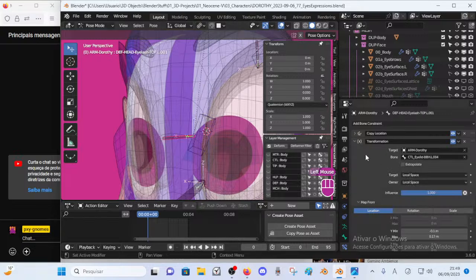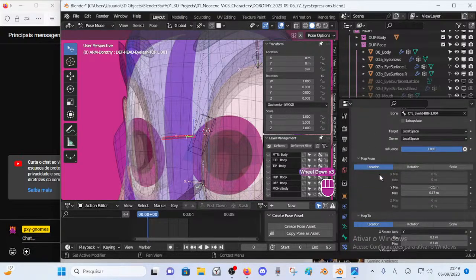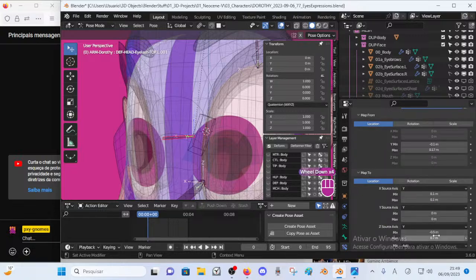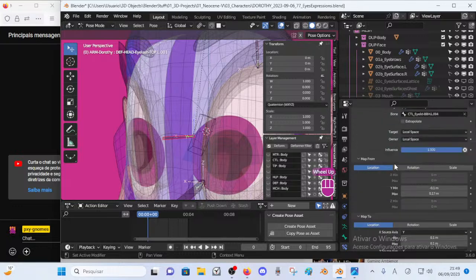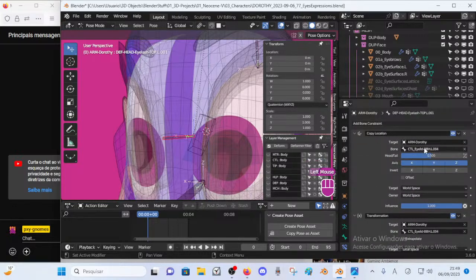So what we need here is used from the map from of the target, so it uses local space, and it will make additional transforms besides the copy location bone constraints, which use the same target, right?